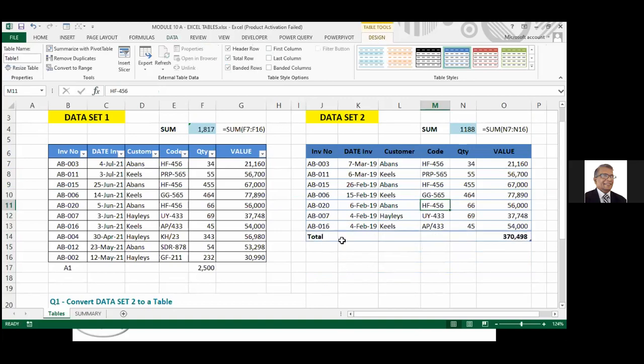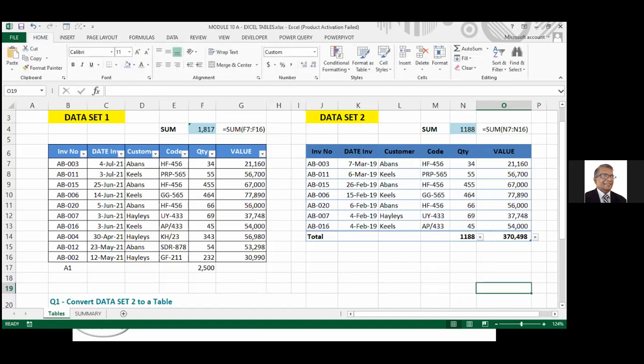The other one is to go to design and say total row. It automatically puts up a total row at the bottom. The last column is sum. If you want the average, you go here and say average. If you want the count, you get the count. If you want the maximum value, you get the maximum. Let's say you want the sum of this also. You go there. Every column has that. You get the sum of that. Very fast. Anytime you can remove that.